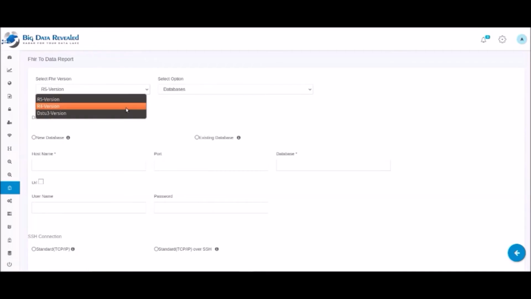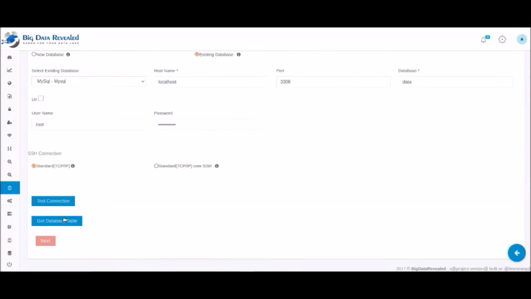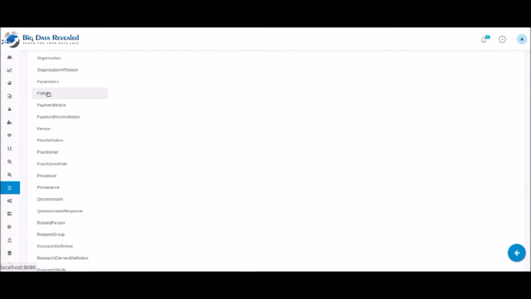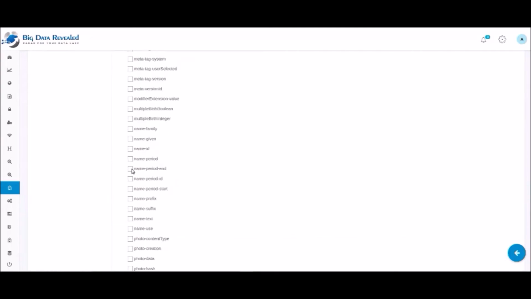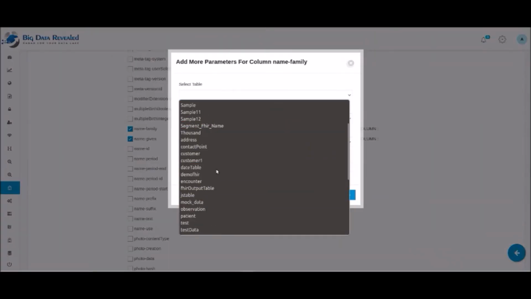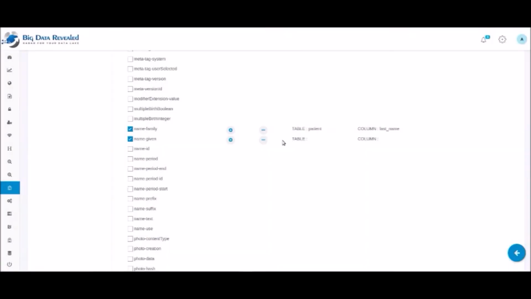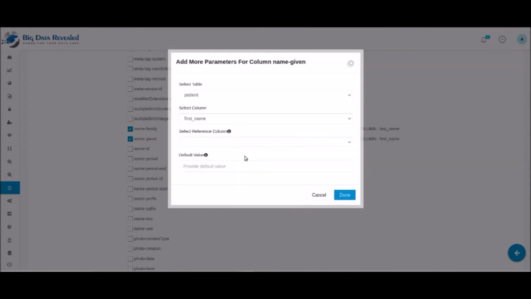We are next populating the source RDBMS and the FHIR repository information for the configuration process. Next, we select the table and the columns to be used in the RDBMS to FHIR process. By selecting the More option, we see a list of tables used for selecting a reference key. This key is used to map multiple tables in the RDBMS together to get the proper data into the FHIR